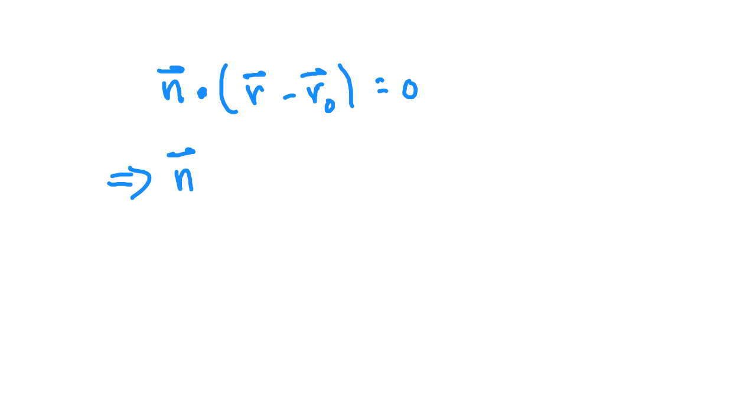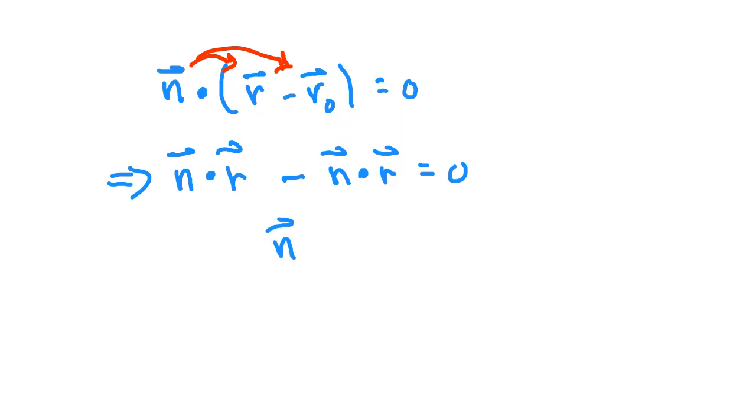This dot product would imply that this equation is true, because the dot product distributes. So this means that n